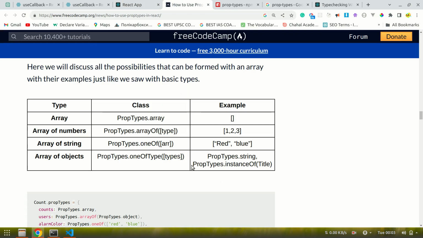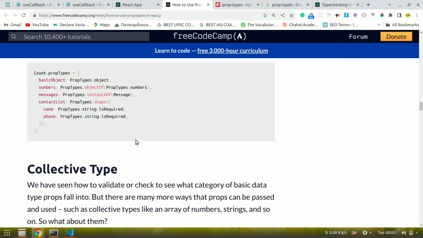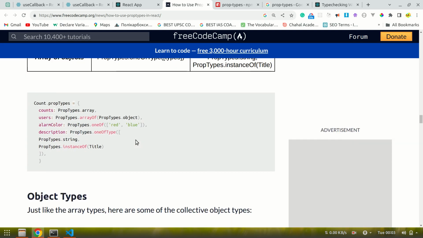So to understand why we are getting this error, as you can see here, we have to define the type. Okay, and to define the type we just have to use it like this. So this is an array of object, right? And if I want to pass oneOf, so this